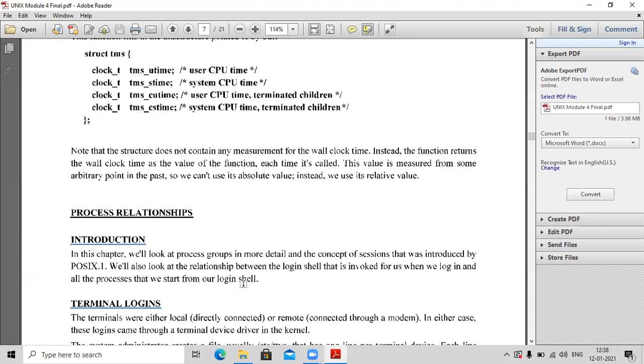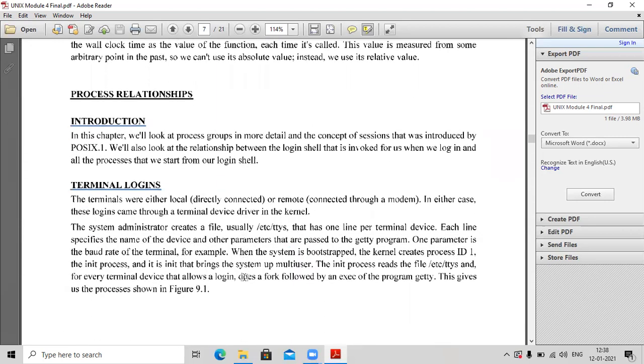The user establishes a connection between himself and a login shell, then starts giving commands to the login shell. For each of the commands the user gives, a process gets established and executed. So the relationship between the login shell and the processes can also be seen in this topic.